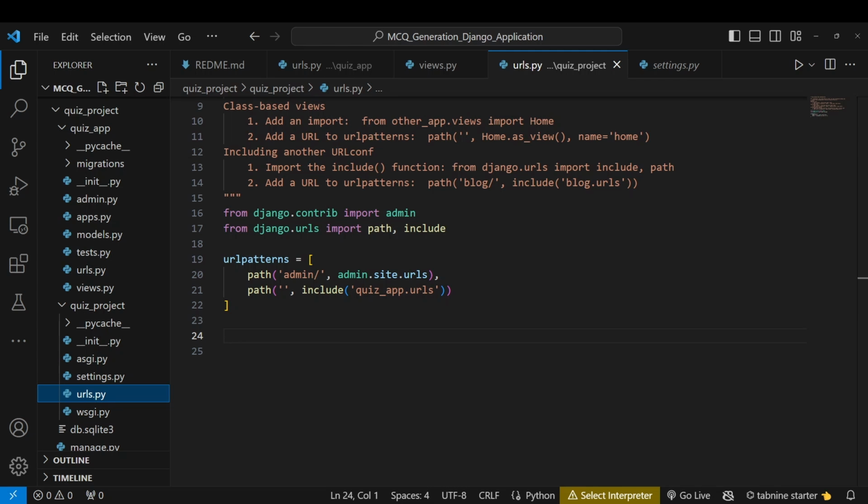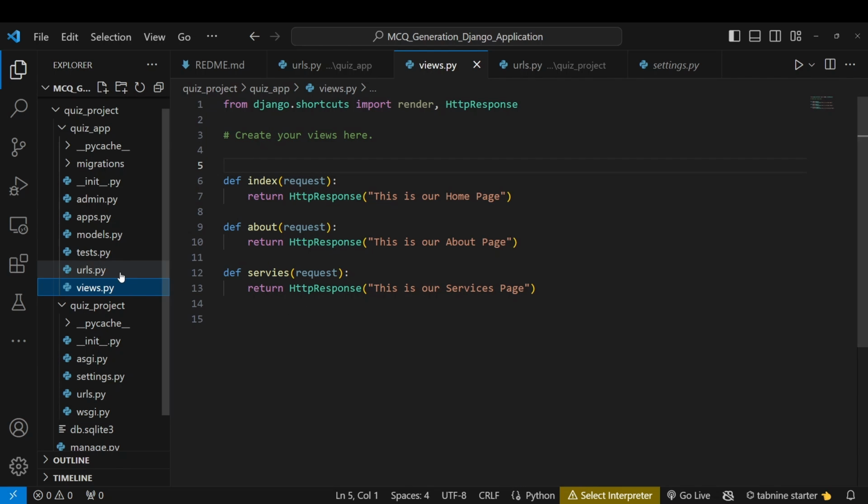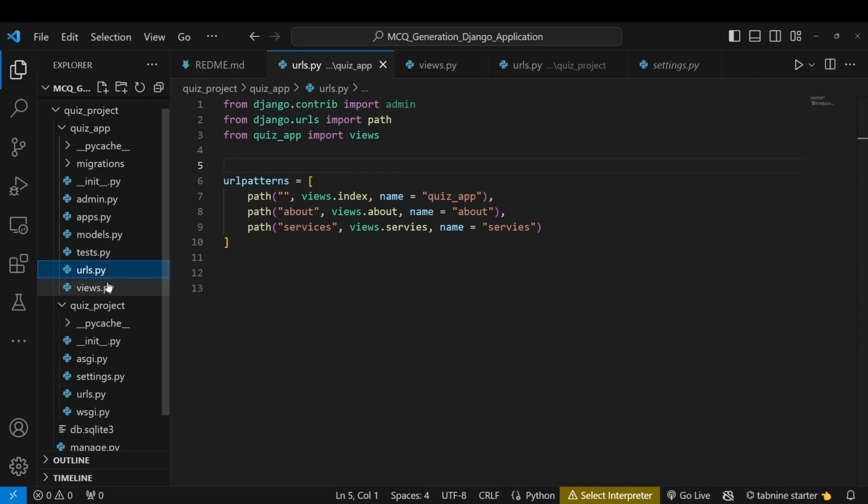urls.py file. Okay, so in the same structure we can write the code: first we define a function, after that we can call our application URL. So this is our application URL that we have under our quiz_app directory urls.py file. So first the views.py file, then our application urls.py file, and then our main project urls.py file. So first this quiz app urls.py file, then we can write the code under our quiz project urls.py file,